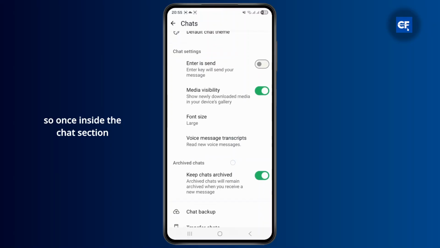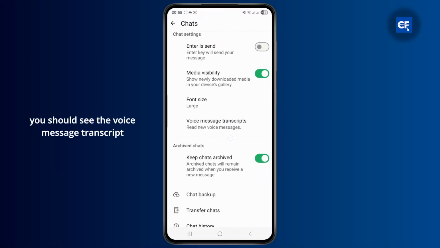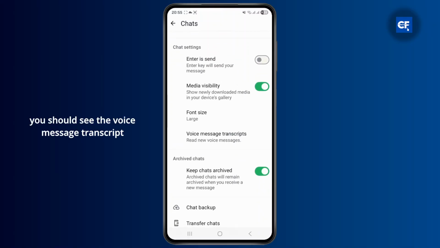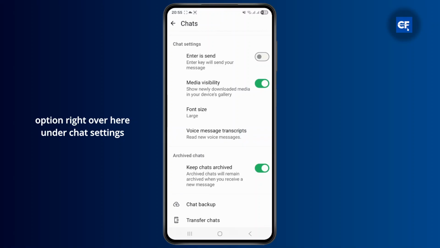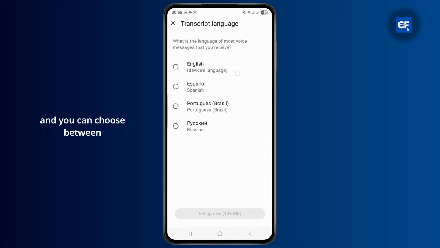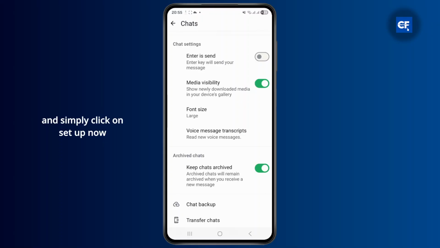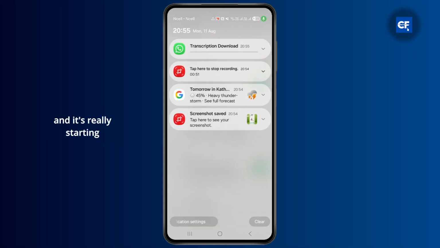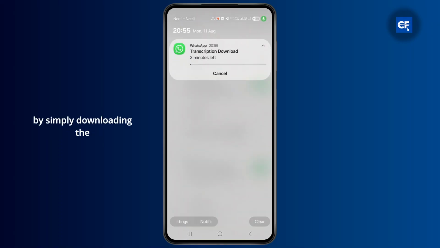So once you're inside the chat section and scroll down, you shall see the voice message transcript option right over here under chat settings. So simply tap on that. Now you can basically choose in which language you want to translate or transcribe your particular voice message from your chat. So from over here, just tap on this choose language, and you can choose between any of the languages just like this. And you actually have to set up if you are doing this for the first time, and simply click on setup now, and slowly start your setup just like this by simply downloading the additional feature onto